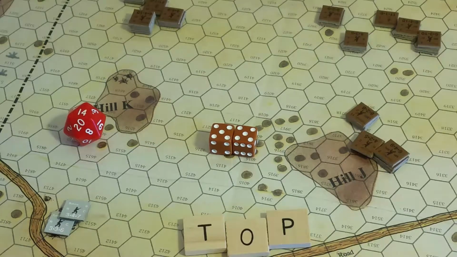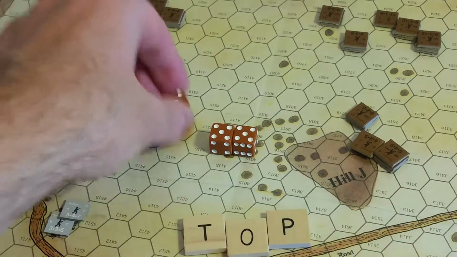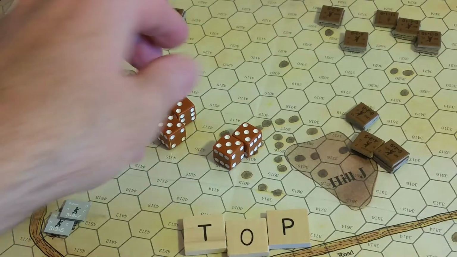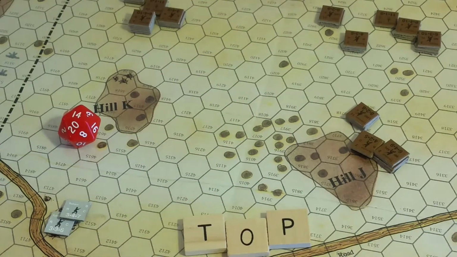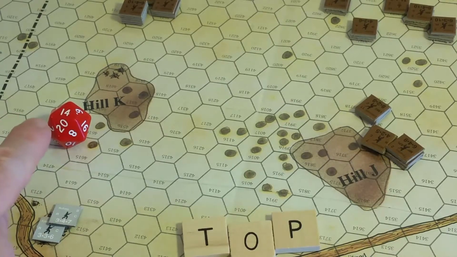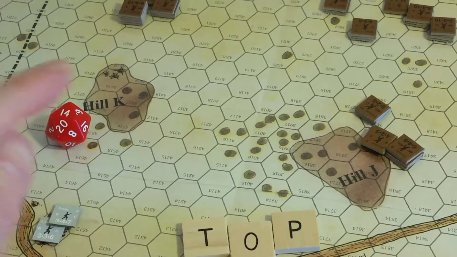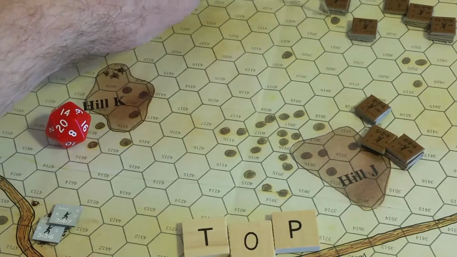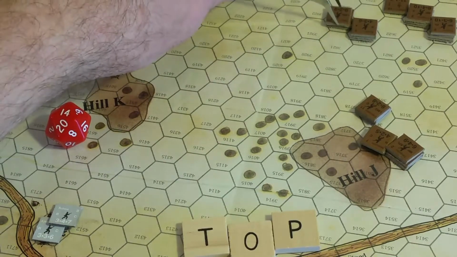So that's going to make it quite a bit harder for them to observe. So, yeah, they do not observe: 8, 9, 10, 11, 12, which is well above the 10 needed to observe. So let's take a look at the scale. Scale is 10 meters per hex. So we said it was 14 hexes from observer to target hex. That's 140 meters. Not really very far, but under combat conditions...